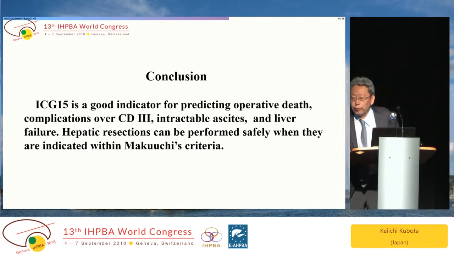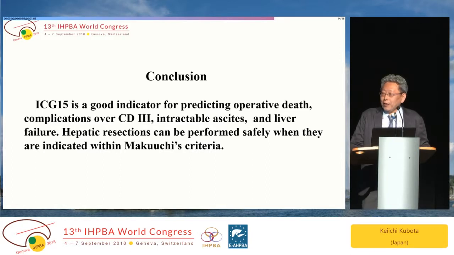Thank you. A very quick question. As you know, this is very widely used in Japan, and not so widely used in the rest of the world. We do it, but we don't apply the ICG clearance as drastically as you are doing in Japan. So my question is, have you done a multivariable analysis showing that this is really an independent factor? Because you show only this factor as the factor to decide to do or not to do any resection. So I am a little bit in doubt of this.